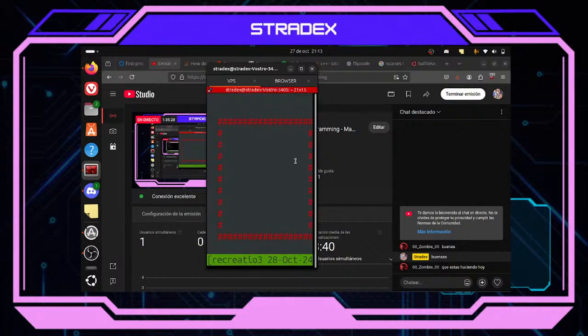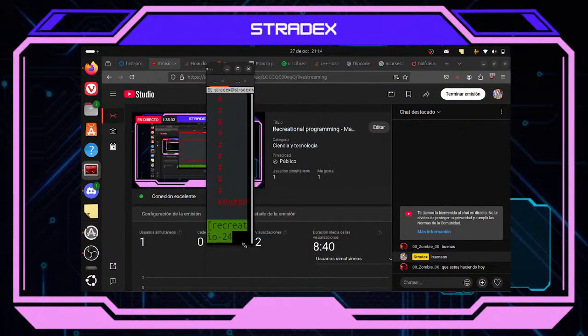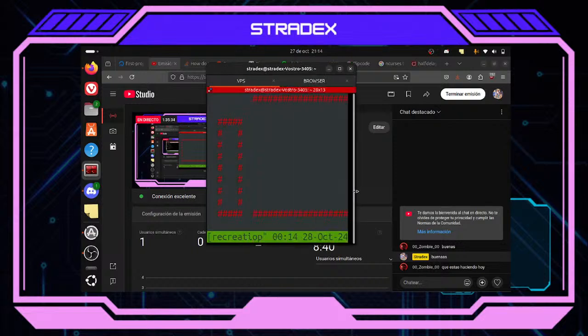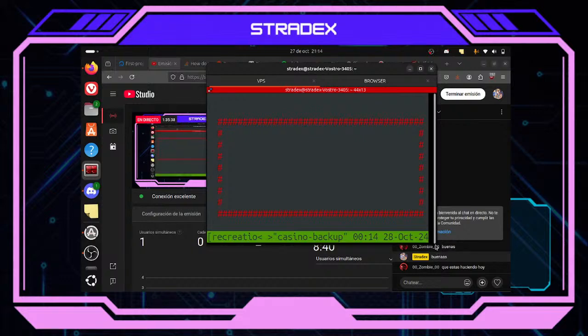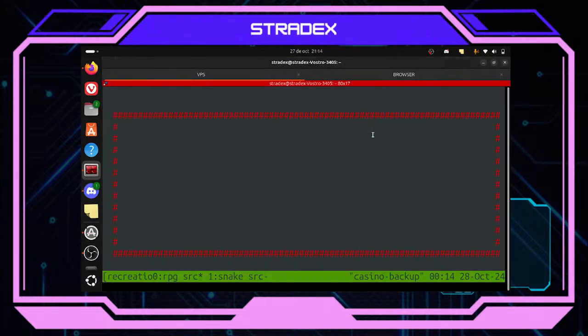It does adapt to my terminal screen size, and we have some sort of basic responsive UI here. That's very nice. This is pretty cool.